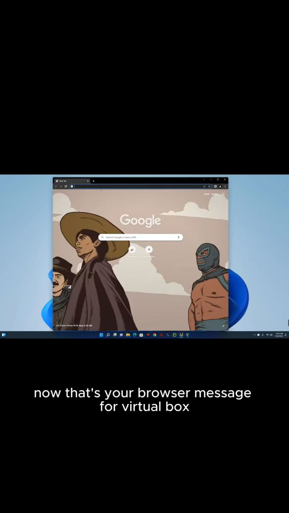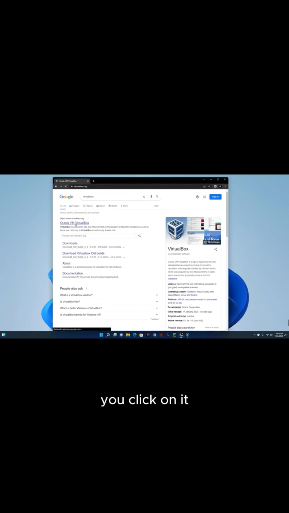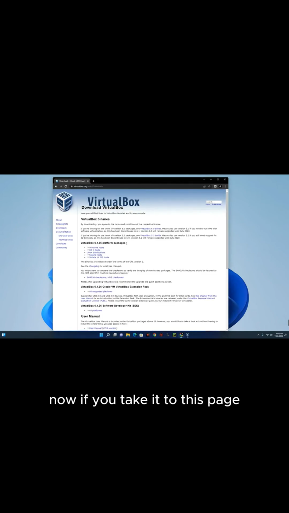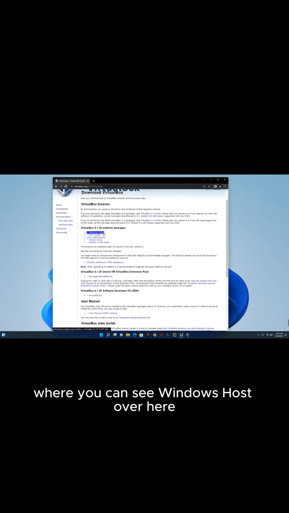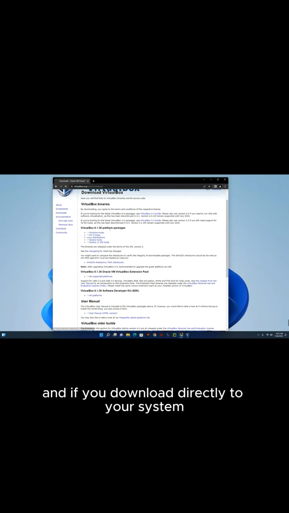Now head to your browser and then search for VirtualBox. The first page you will see up here is Oracle VM VirtualBox. You click on it, and then on the left you click on downloads. Now it will take you to this page where you can see Windows host over here. So we are installing it on our Windows machine, so you click on Windows host and it will download directly